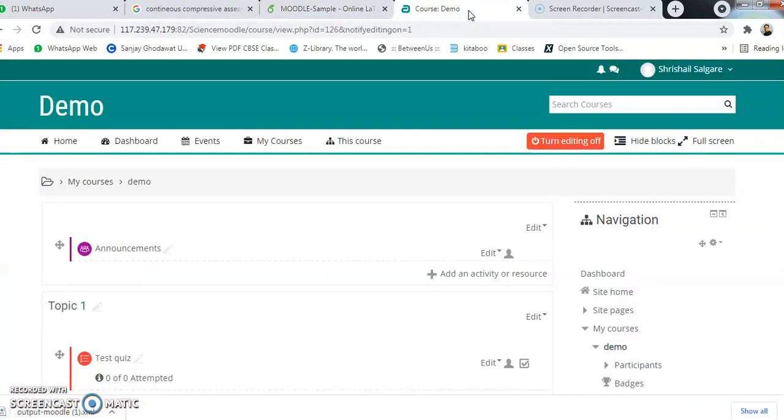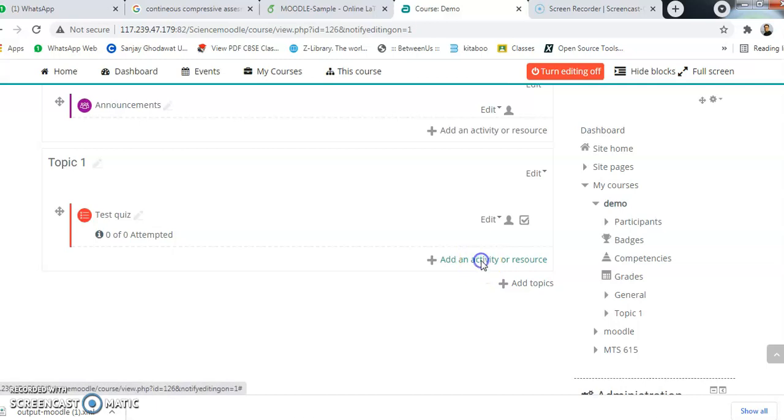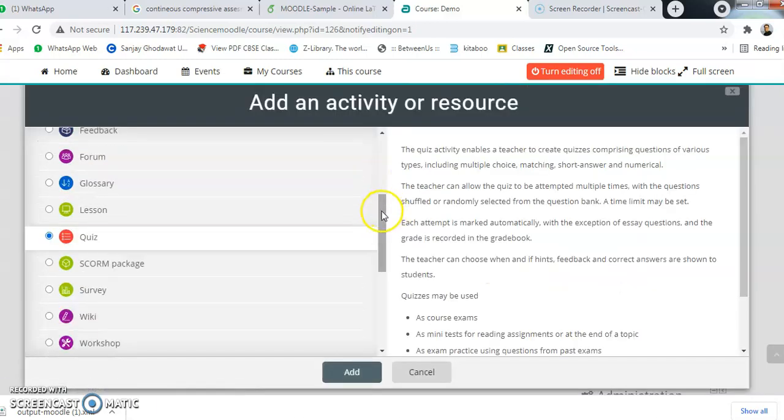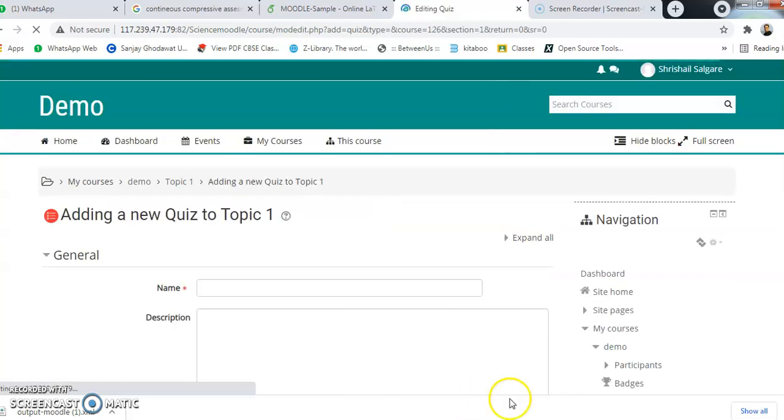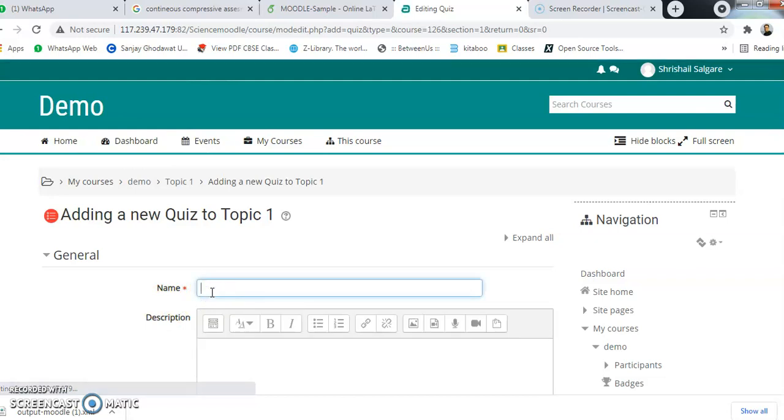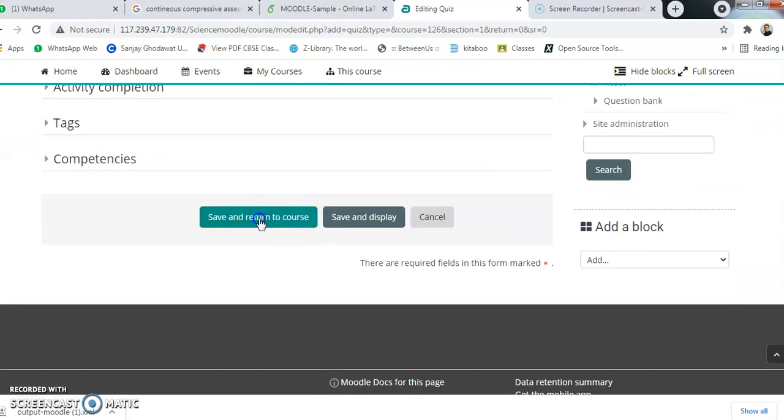Now meanwhile I will shift to a course in Moodle. A course name is demo. So here I want to create one more quiz. Suppose I will use quiz, where it is, yeah, quiz I will add, and meanwhile I will import that question bank. That question bank I uploaded as a format output Moodle.xml. So that I have to import. So here I will give the name of the quiz as numerical quiz. Rest of the settings I will not check, directly save and return.